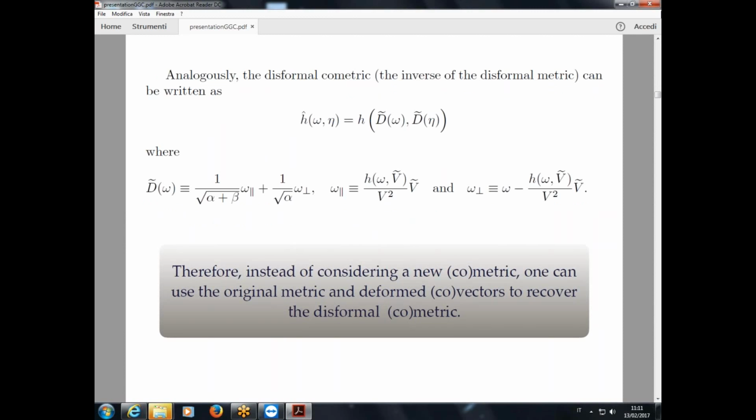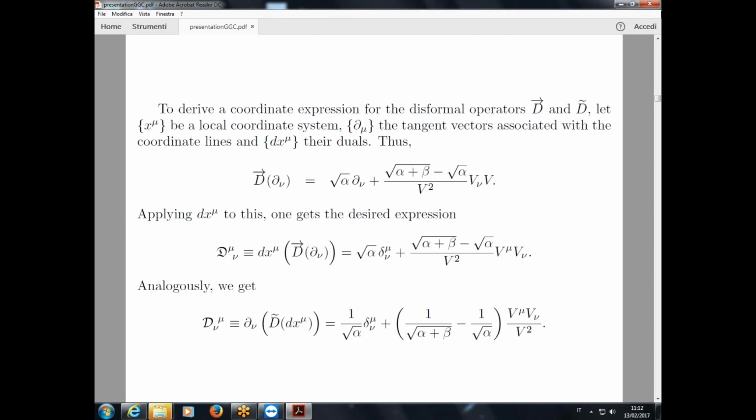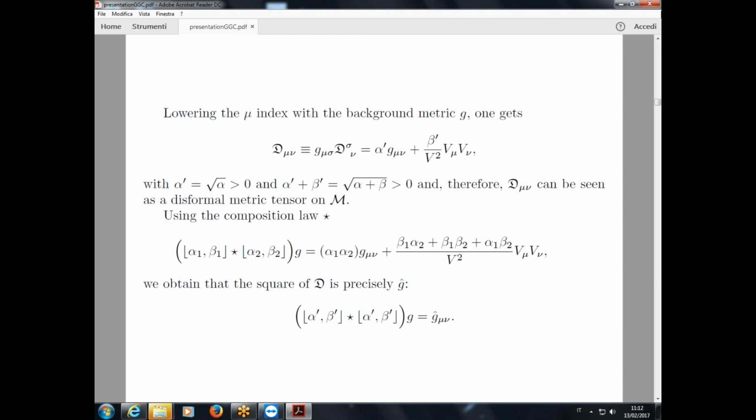So that's what I said. Instead of considering a new metric, you can consider the same metric, but now you are messing up with the tangent space, or the whole tangent space. So if you want to derive a coordinate expression, it is trivial. You take the vector field, the base, and the dual bases, and then you apply the operator to get the coordinate expressions. And if you take the coordinate expression, there is a fun fact that you can lower the index of the operator, and you can see that this formal metrics,